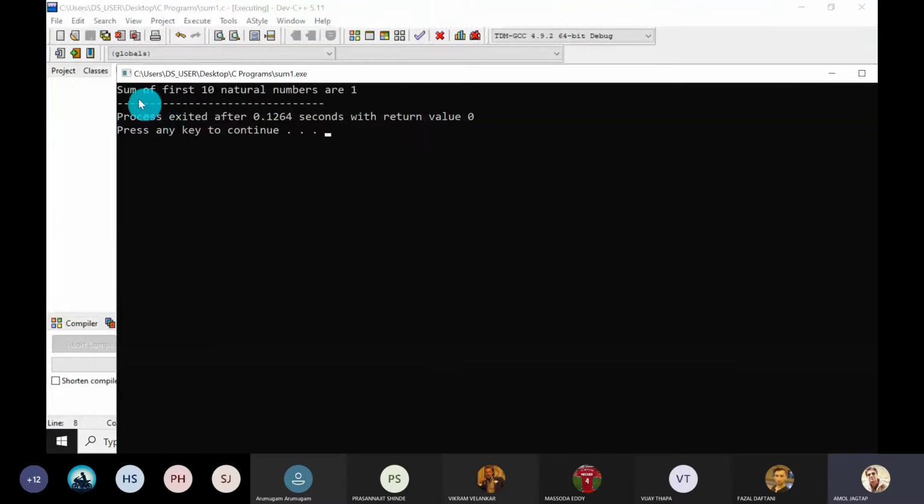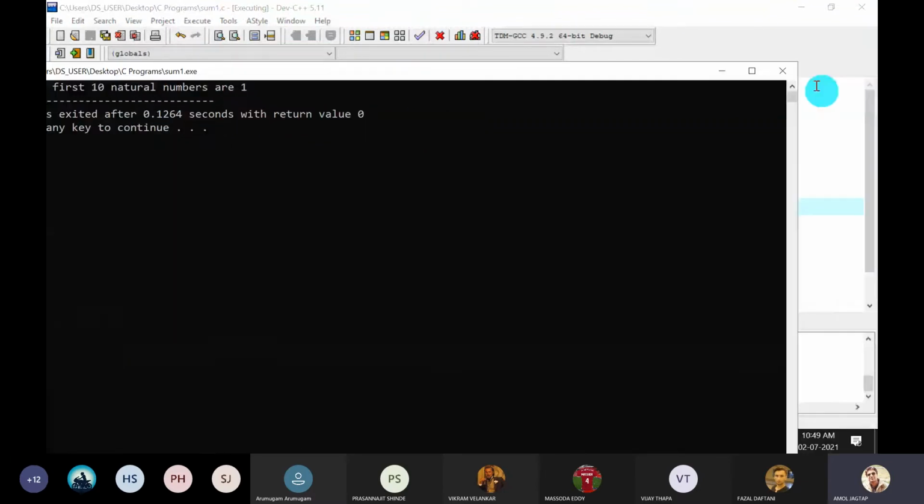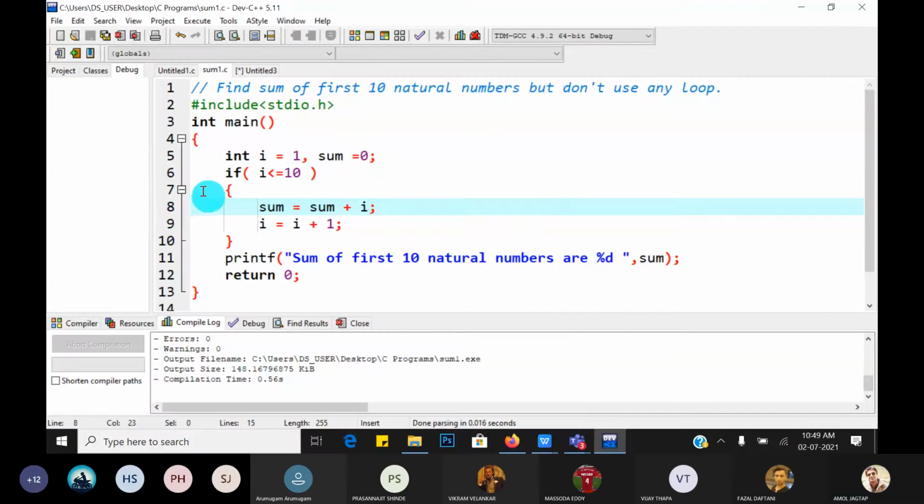So it gives you what? Sum of the first 10 natural numbers is 1. No, it is wrong. That means logically there is some error. Okay, this is a logical error. Understood? Our logic went wrong because we actually want to use while, but we used if instead.